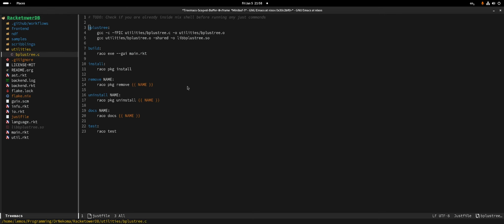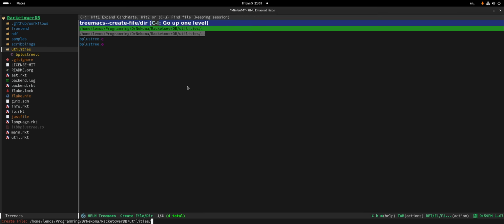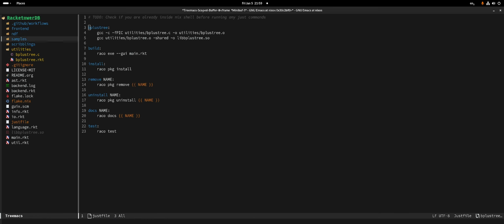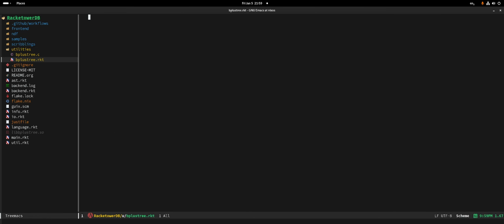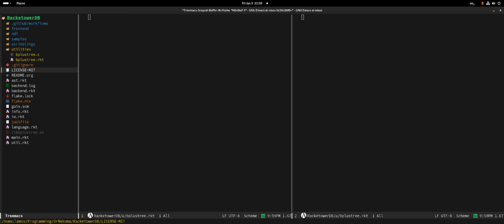So where the heck is this gonna live? Are we gonna put the Racket code within the same folder as the C code? How cursed is that? Are we gonna go to hell because of that? I mean, we could. I don't see why not. That's kind of the thing about how Racket does things. It's actually pretty liberal about your directory layout.